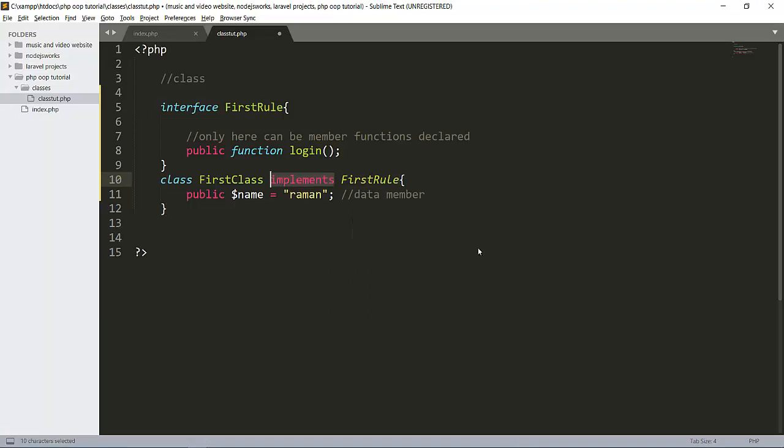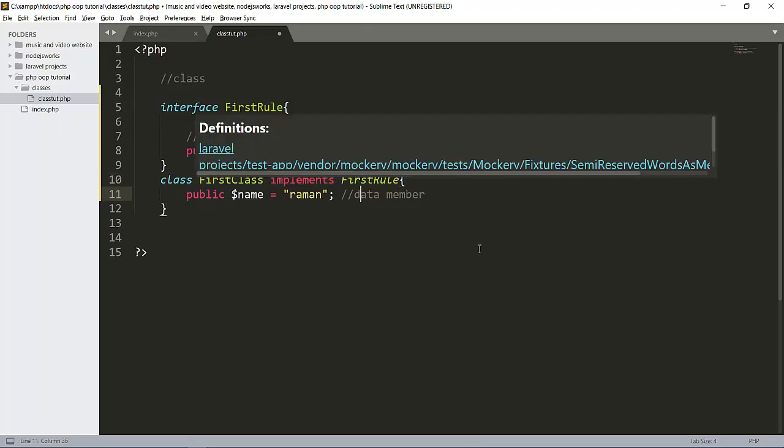In classes, when we made inheritance, instead of implements it is extends, because we are copying the data from our parent class, so it will extend our class. But here it will implement our interface, means it will use our interface.